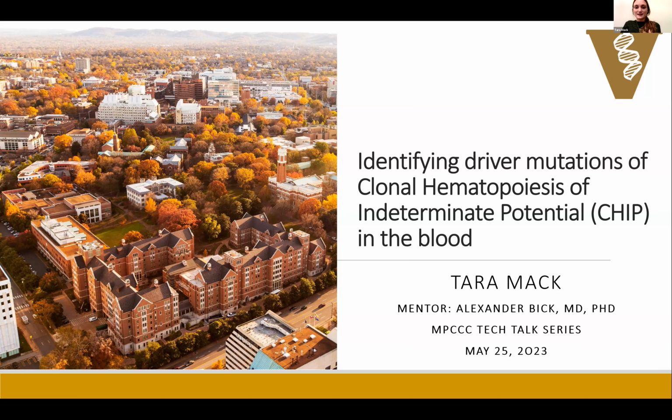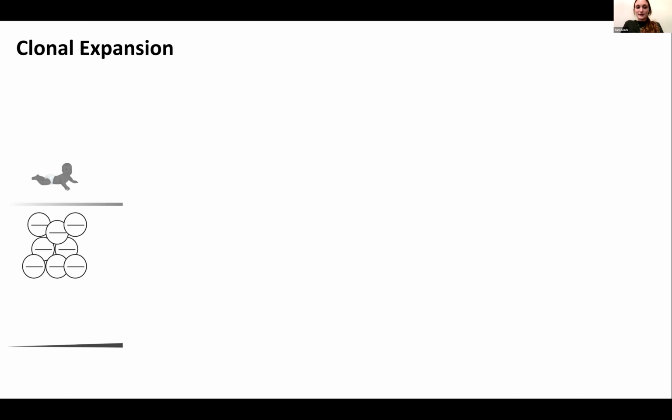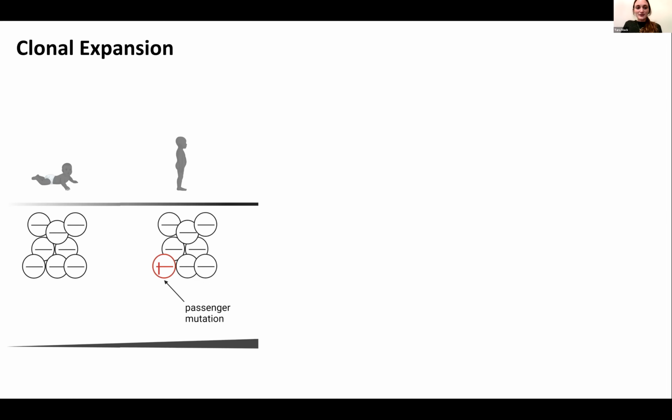To really understand this project, I think it's first important to understand the general idea of this clonal expansion phenotype. It starts with the assumption that when you're born, all of the cells in your body have essentially the same genetic material, the same DNA. But as you age, that changes. We all accumulate mutations at a pretty regular rate over time across all the cells in our body. Most of the time, these mutations are neutral. They don't give that cell a growth advantage or disadvantage. They're just along for the ride, and so we term these passenger mutations.